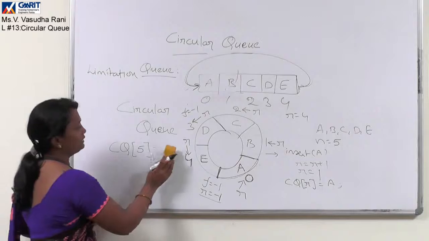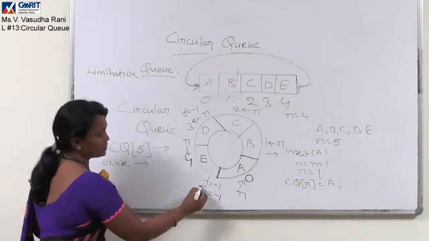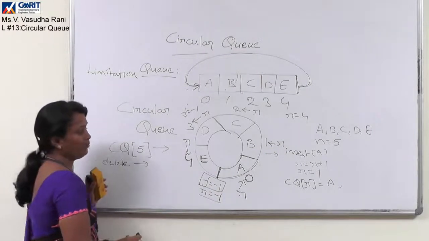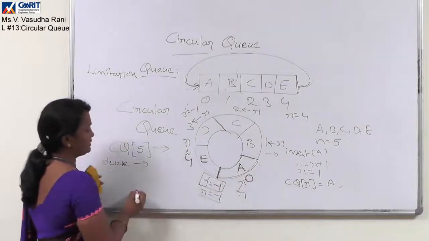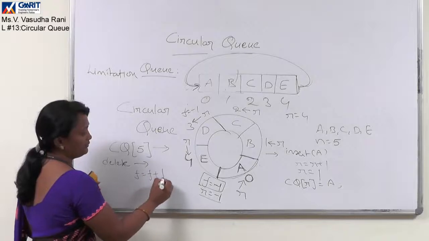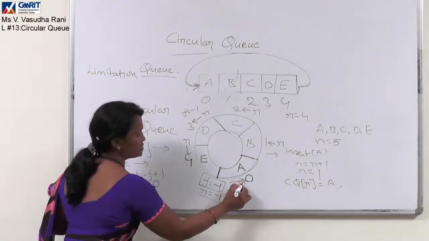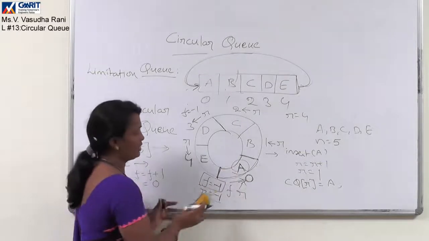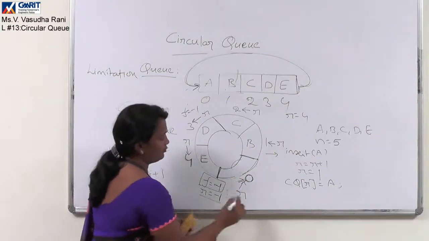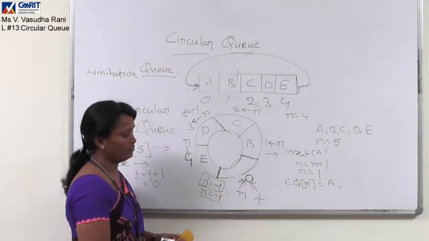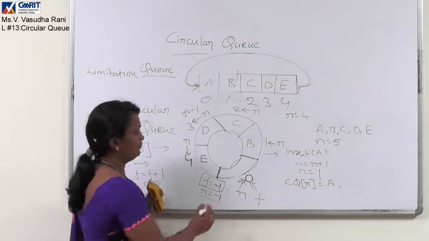Now to perform the deletion operations, it is the same fashion. We have our front here at -1 and we can delete the first element. To delete the first element, we have to make front equal to front plus 1. So front will become 0. Our front now refers to this 0 to delete this first element. So this element is deleted once our front refers to 0. Whatever index front is referring to, that location is empty.